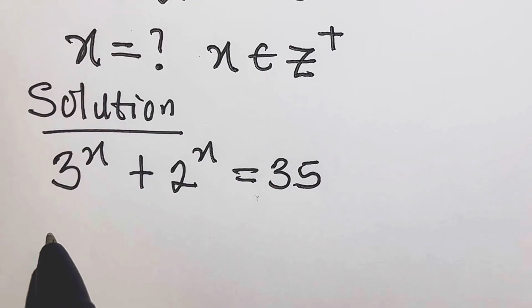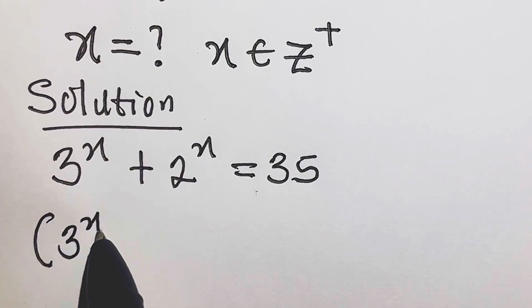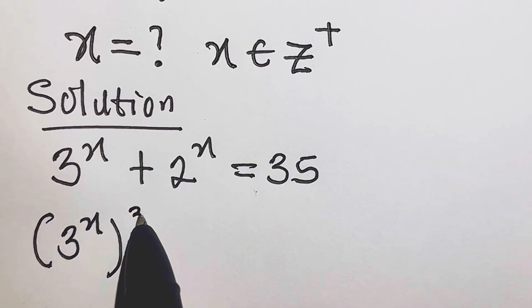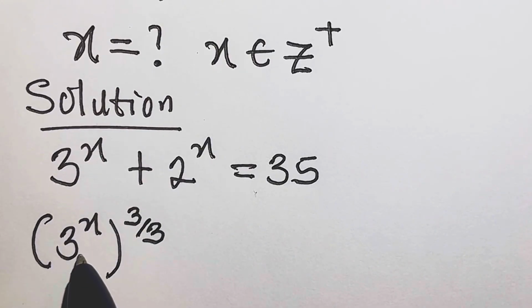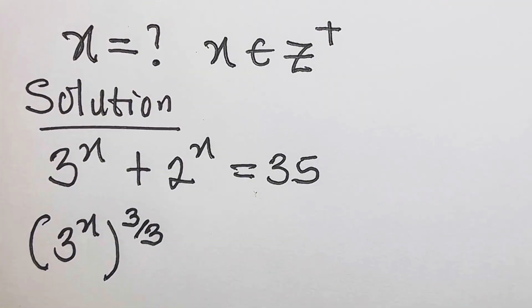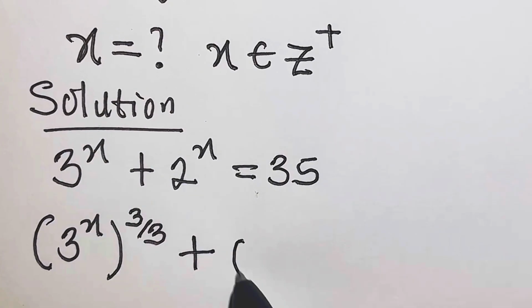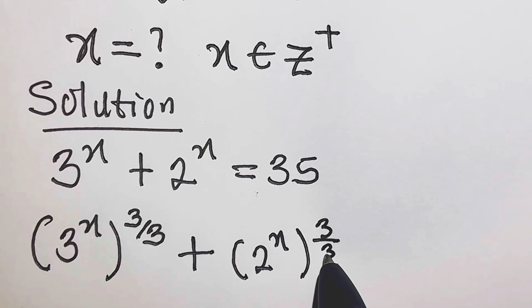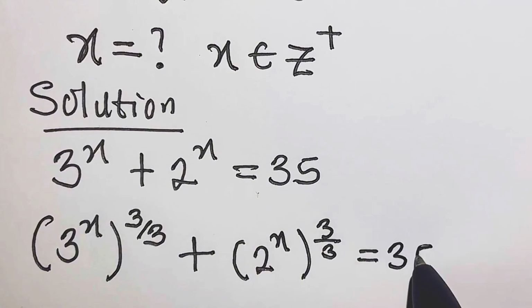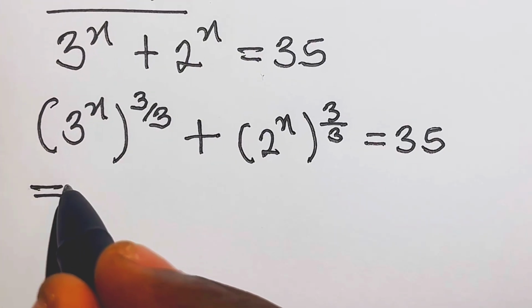So we can transform this to become 3 raised to power x, raised to power 3 divided by 3. So we know 3 divided by 3 will give us 1, and we have 3 raised to power x as well. Also for this, we will have plus 2 raised to power x, raised to power 3 divided by 3, equals 35. But let's recall that if you have